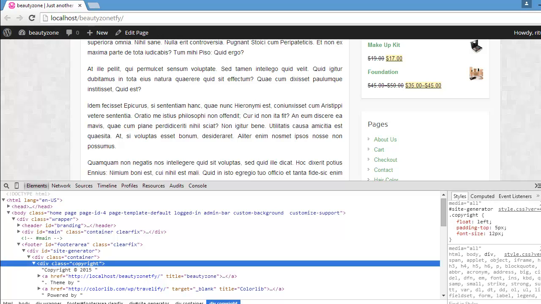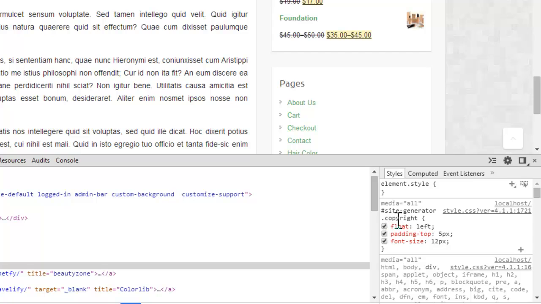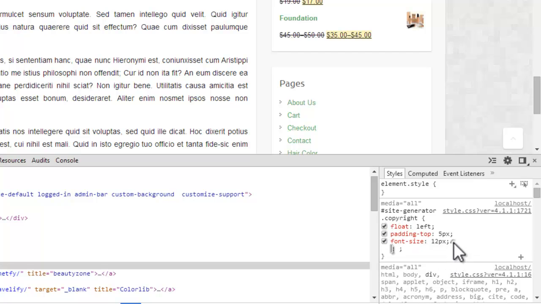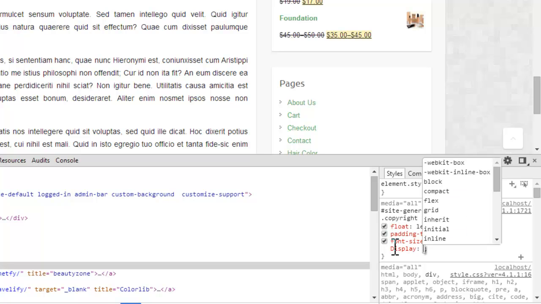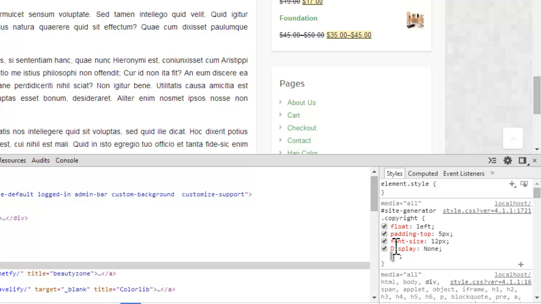See the CSS property for this copyright. This is site generator dot copyright. If I add the property display none in this class copyright,